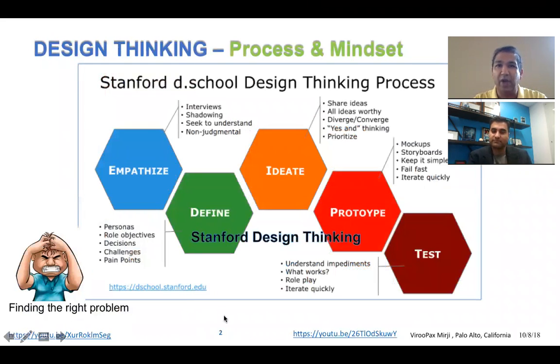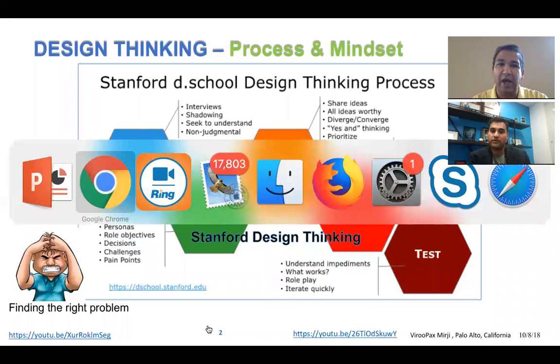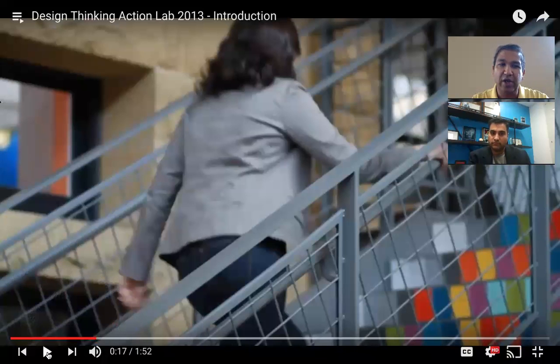So let's start with the process first. What is the process that we need to follow? This is the Stanford D School design thinking process. It follows through 5 stages: empathize, define, ideate, prototype, and test. And there are links here you see underneath the slide deck. We'll send you the slide deck, and that link leads you to certain video clips that you can experience on your own if you're struggling to understand certain concepts. But I'll give you a quick introduction in the next 20 minutes about design thinking. And I'll start that with a short video clip that we have from the design school here in Stanford.